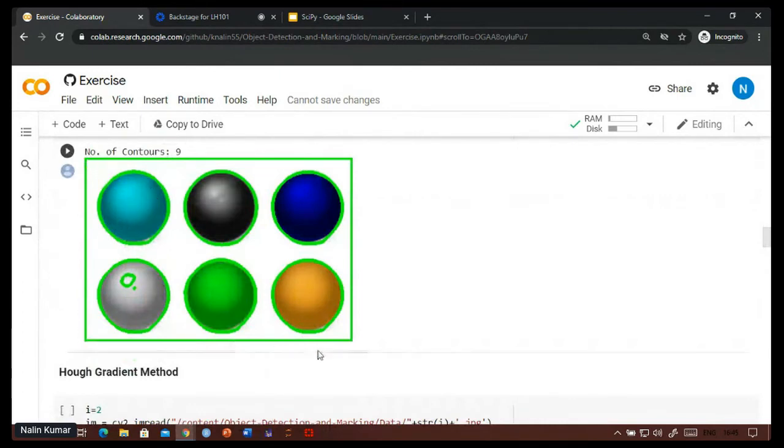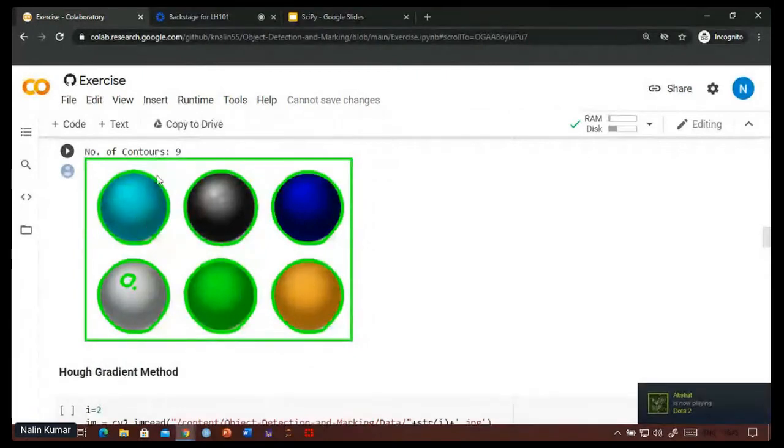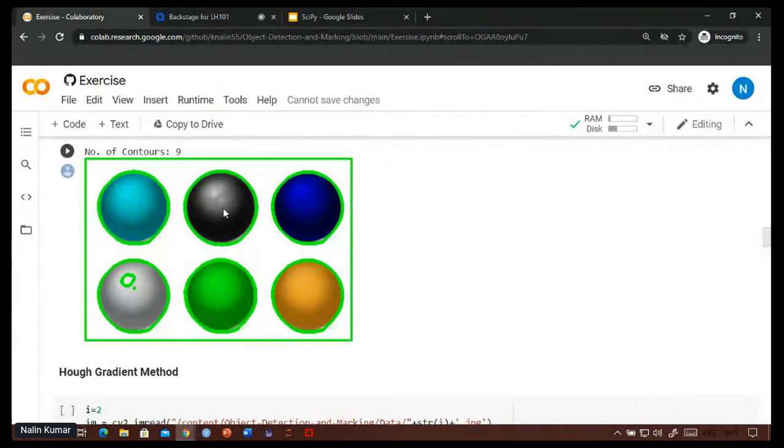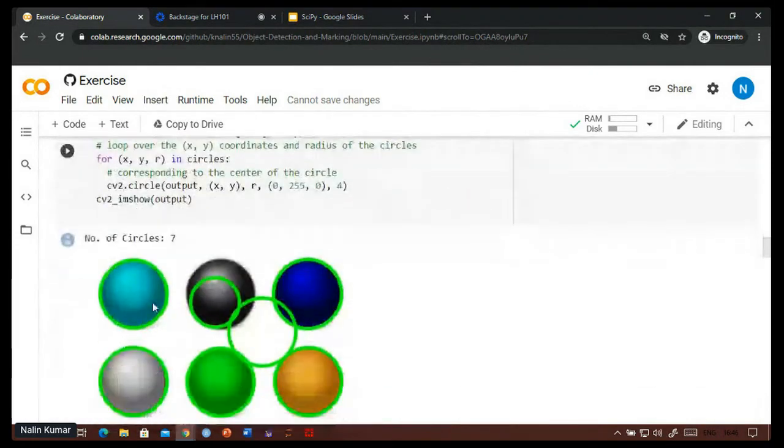If you ignore this big rectangle, and you find the radius of this enclosure and this enclosure, these six enclosures, and the remaining two contours, you can use some statistics like average or mode, and they will be closer to the actual radius of the balls. So you can use these methods to find the radius.